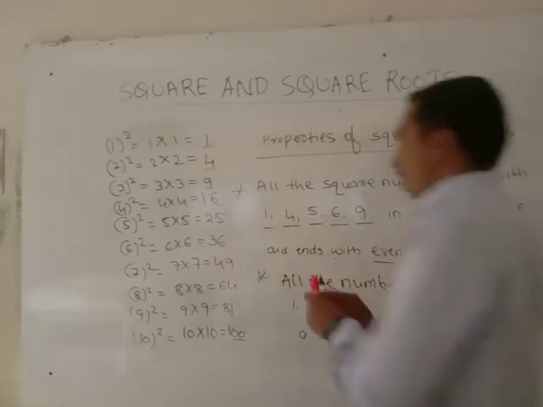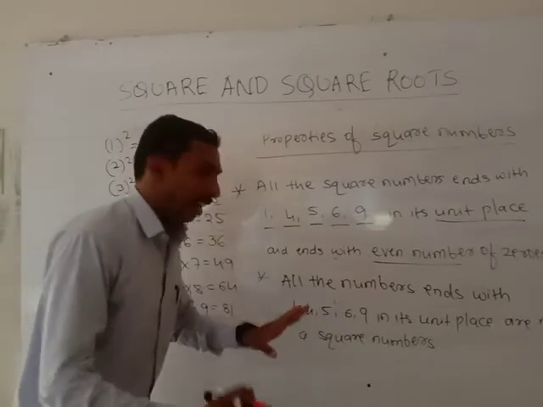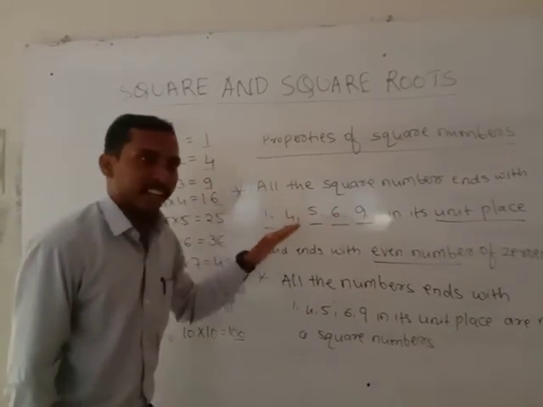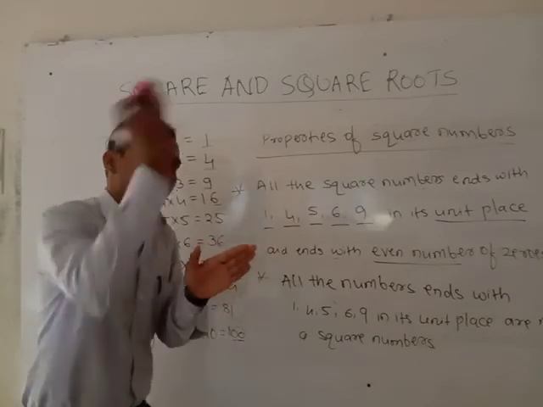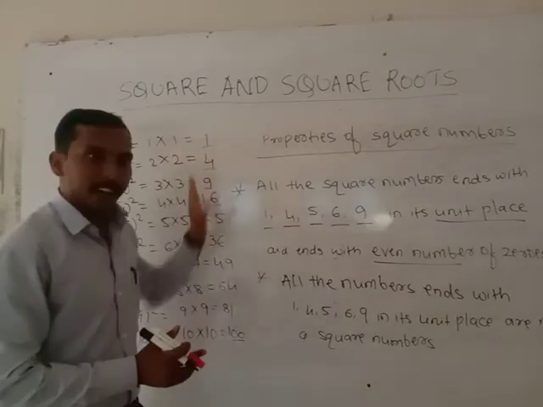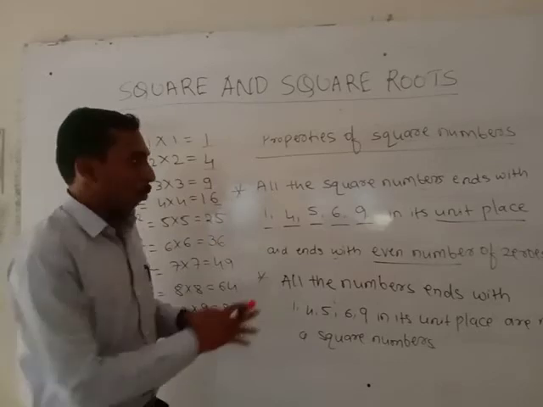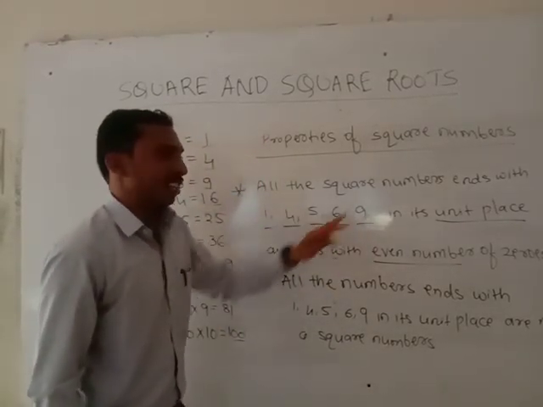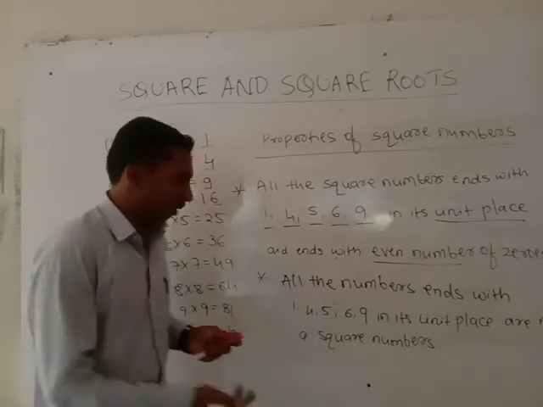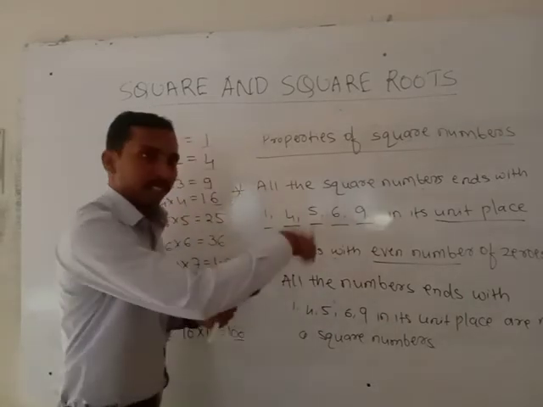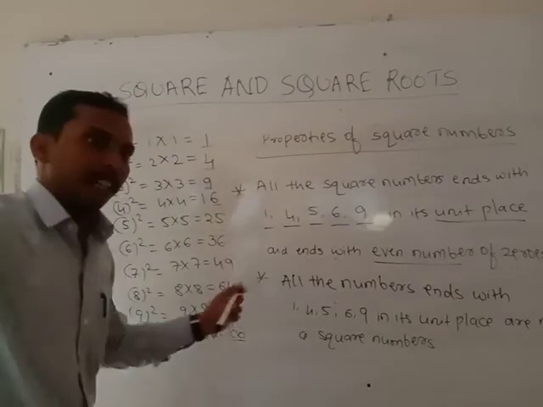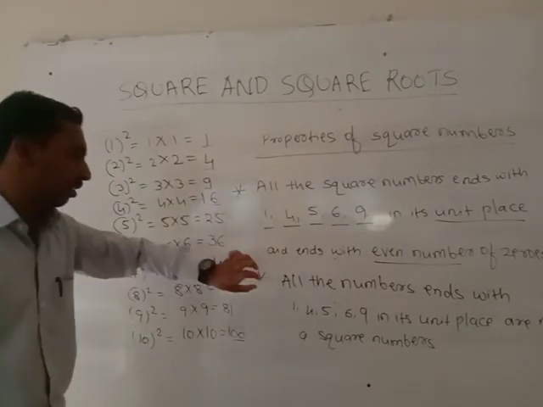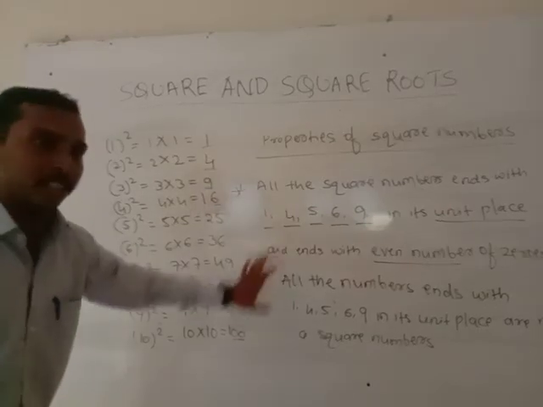Now here, can we say that the digits 1, 4, 5, 6 and 9 are the ones that square numbers end with? Then what about the remaining digits, except 1, 4, 5, 6, 9? What about them? Can I rub this? Students, please note it in 1 minute. These two are very much important. I will explain this. Just note down these 2 points.